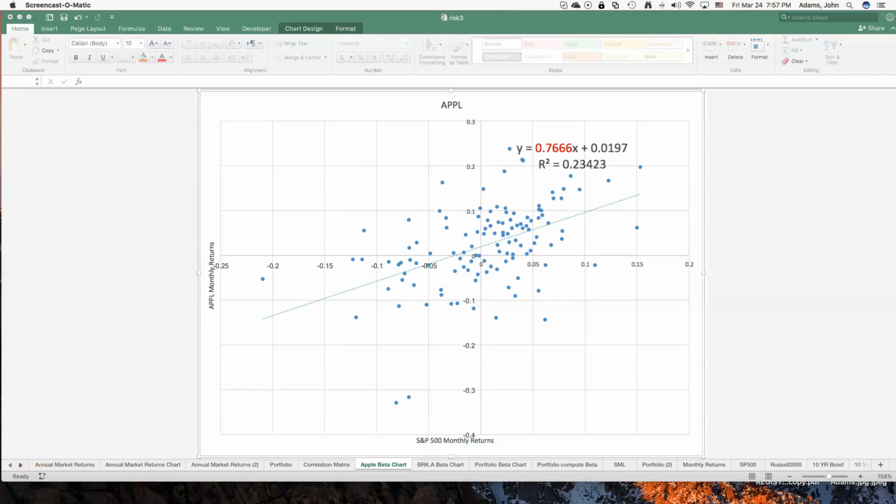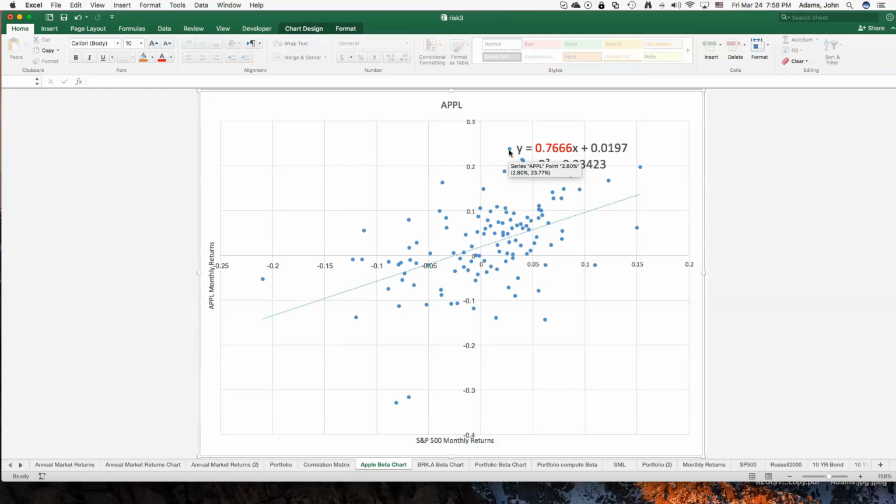So if we look here on the horizontal axis, we have the returns on the S&P 500 on the x-axis, and on the y, the vertical axis, we have the returns to Apple stock. So for each day, for example right here, this was a particular day when the S&P 500 returned 6.21% and Apple stock had a return of minus 14.41%. And up here, this particular point in time, the S&P 500 had a return of 2.8% and Apple stock had